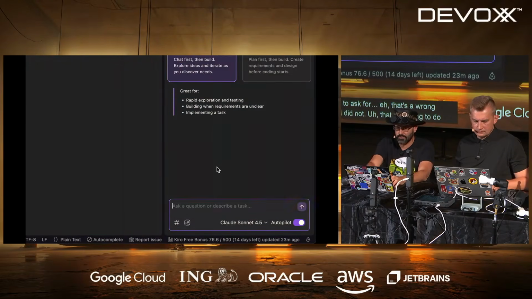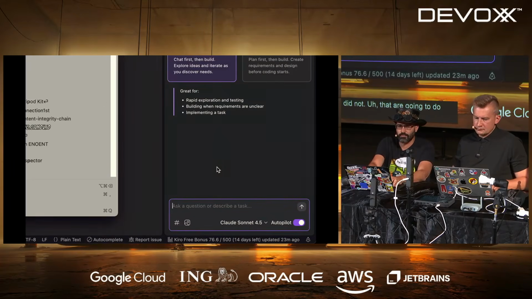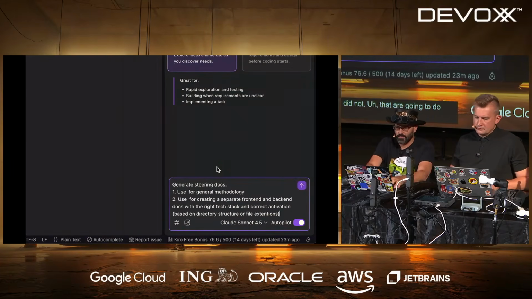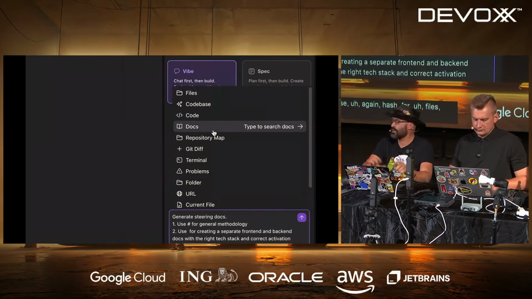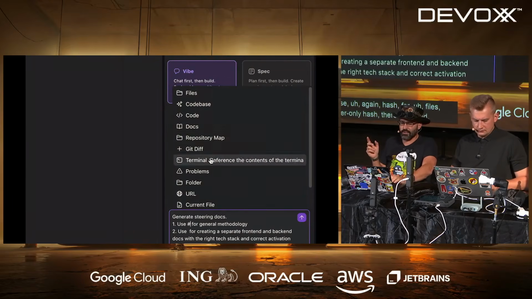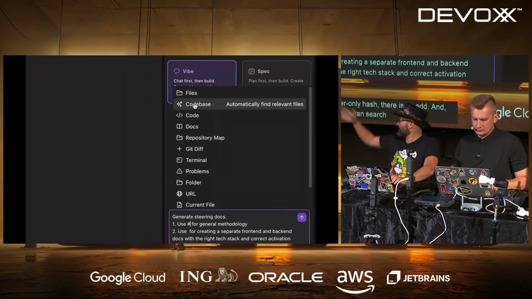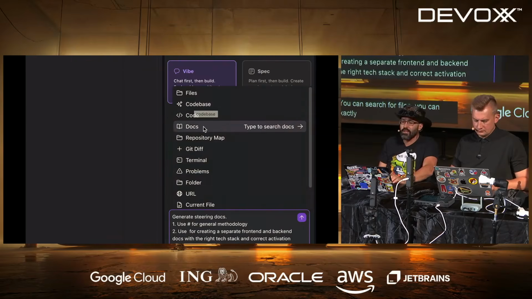Let me do the right thing. Generate steering docs. Use hash for files, and you can see here Kiro uses only hash, there is no @. But again, you have tons of options. You can search for files, and you can ask to converse with the entire code base, exactly as we saw there.